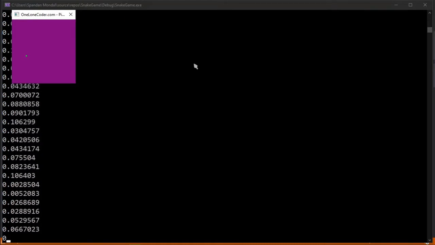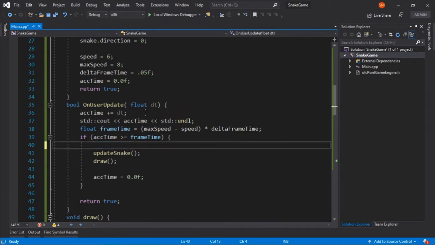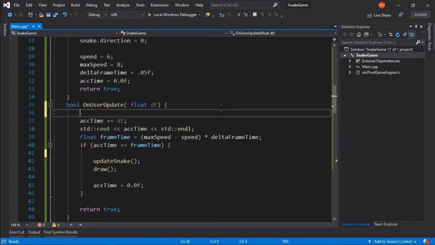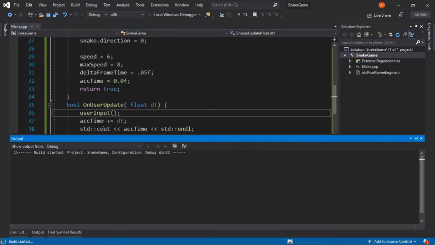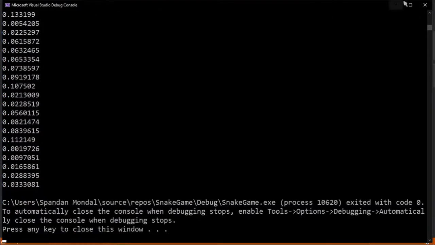Now one thing that I would like to do is update the direction at every frame to have seamless control by the user. So I will just call user input at the very outside, for better control of my snake. Okay.